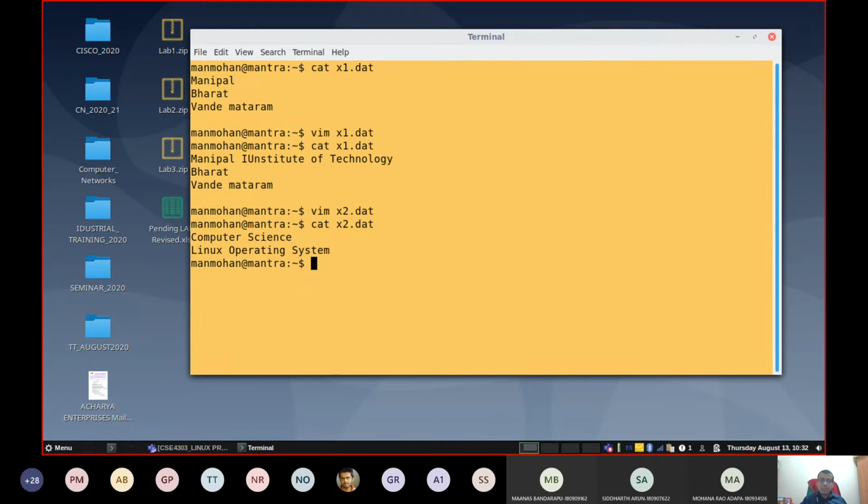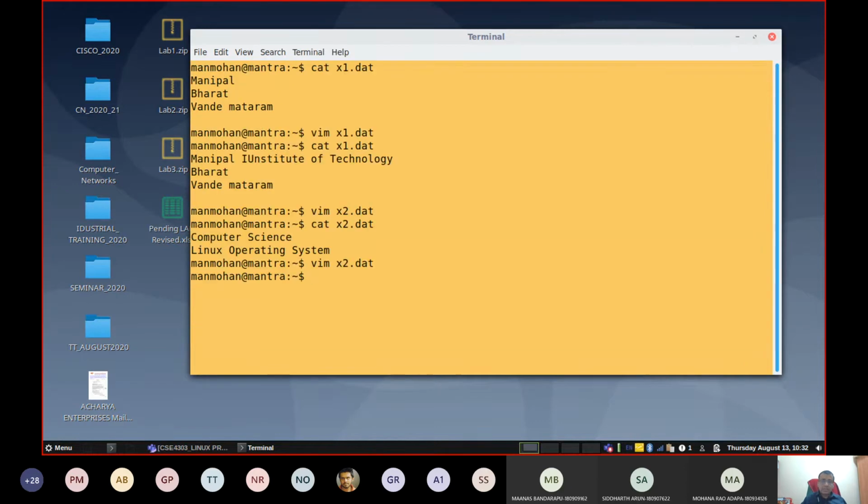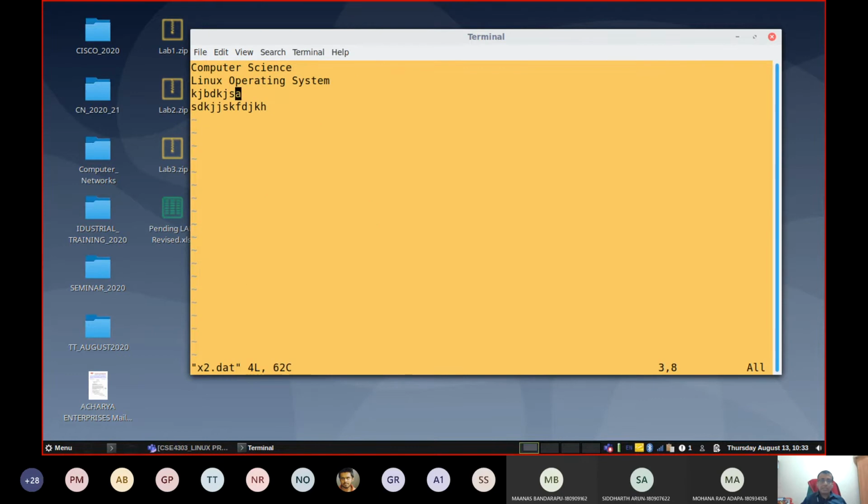Now these are not the only two commands available with Vim. For example, once again if you want to go to that file, you can open the VI editor. Here there are many different commands. For example, to go to insert mode, press I as usual. If you want to delete one row, you should be in the control mode. Now you are in insert mode.